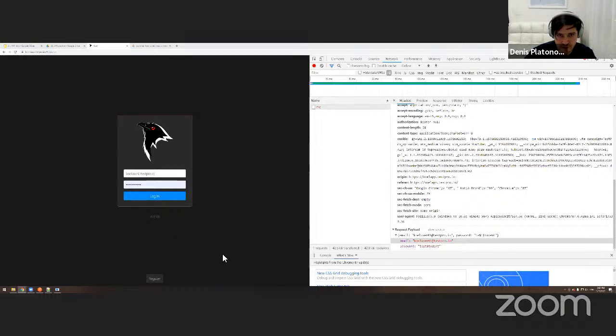Do bank applications still use SOAP? Yes, it's a little bit more secure, and they probably built that a long time ago, and it works, right?